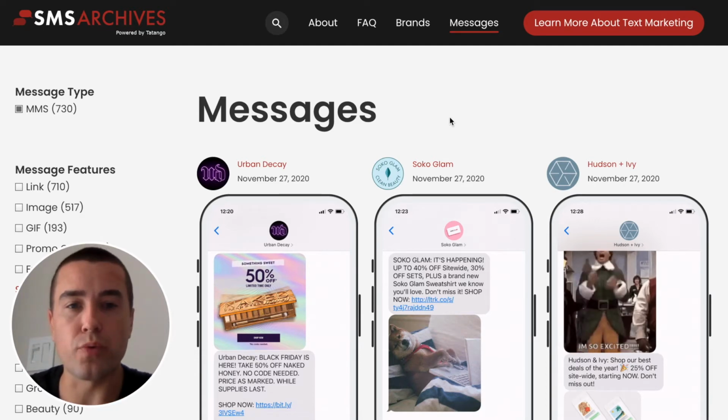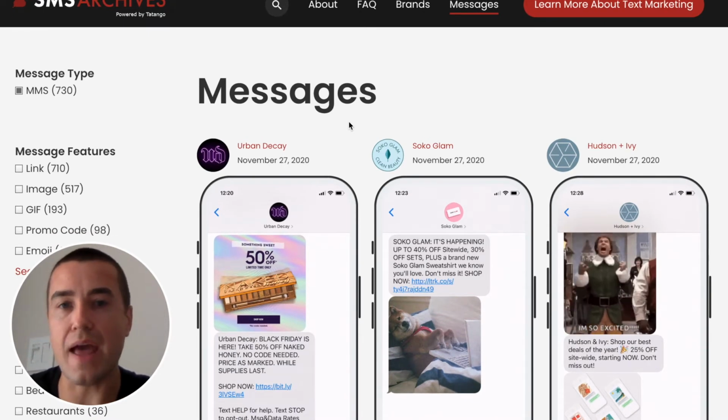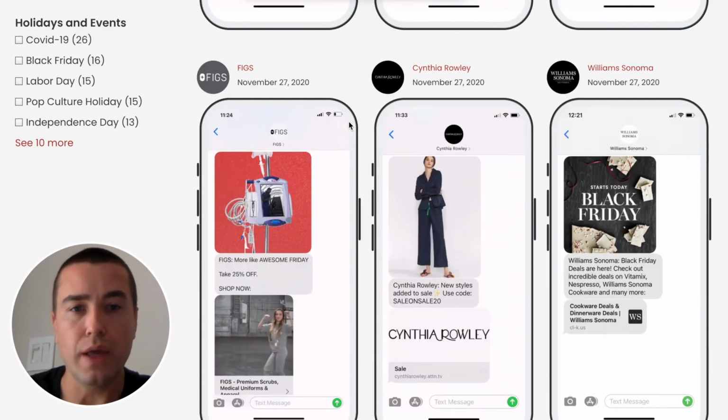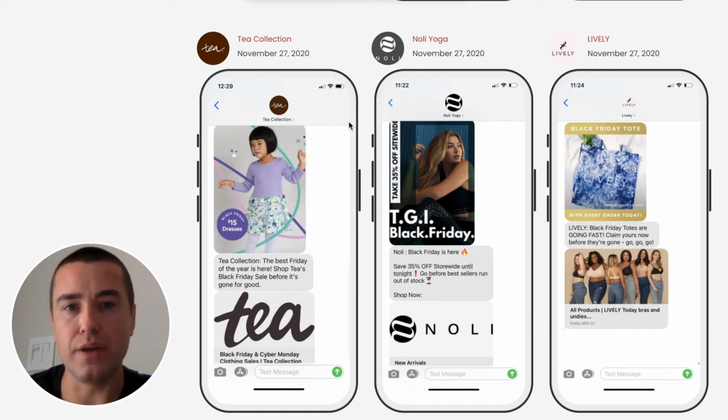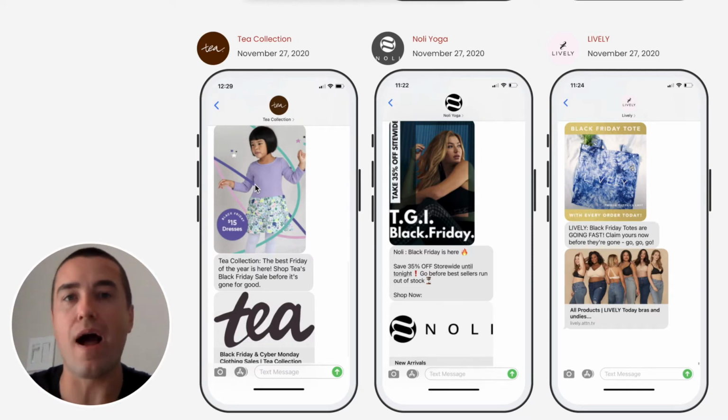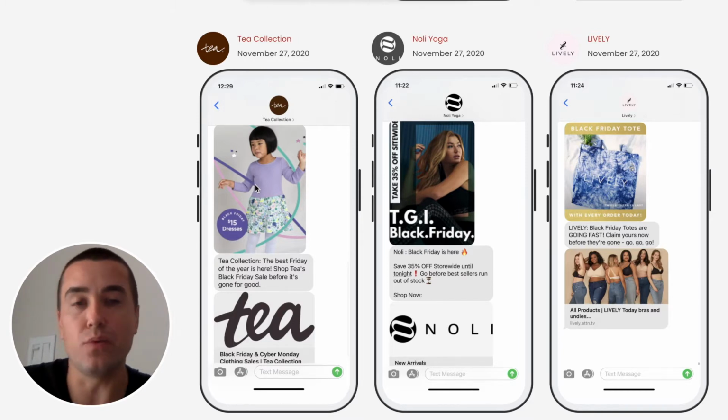So let's first go through some of the MMS messages that have been sent recently, and I can show you some of the common mistakes. I'm not picking on any brand. I think there's just not that much information out there on how an MMS message should be formatted, the ratios, how many pixels wide, where the safe zone is. So I'm putting that all out there for anybody. Whatever SMS provider or MMS provider you're using, you can use these templates.